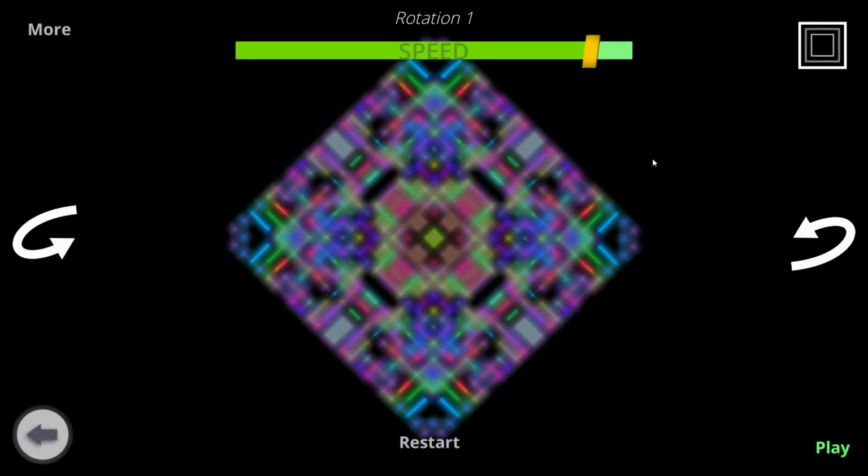Okay, so this is a tutorial for the perspective modes in the Game of Life 6D application. This is the default perspective where all the information in the simulation is drawn on a single plane. But if I press anywhere in the simulation, the UI appears, and now in the top right corner there's this